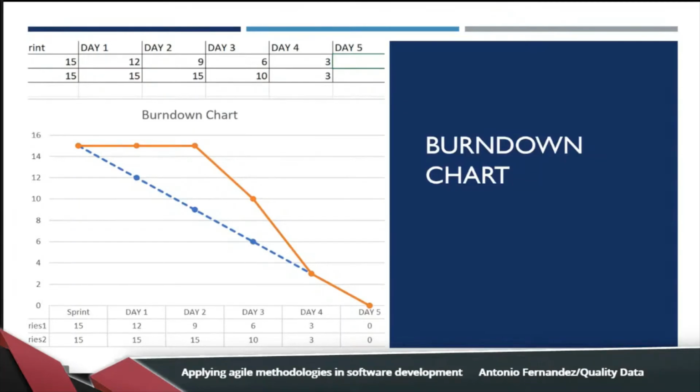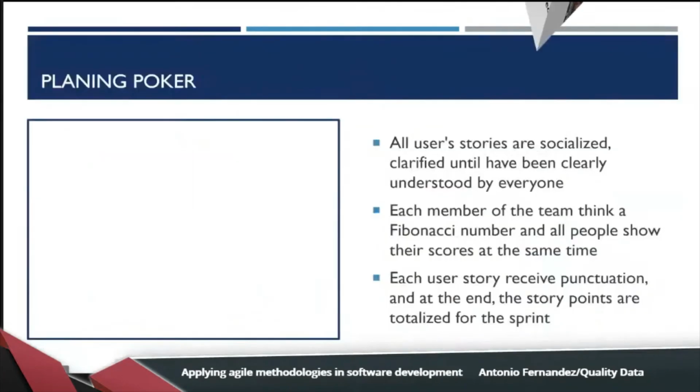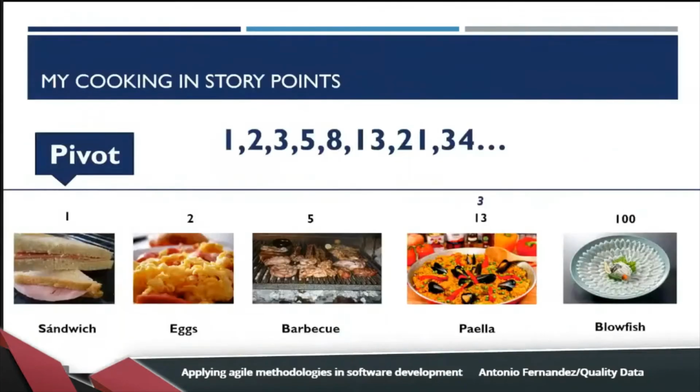Okay. The story points are a relative unit of measure. Maybe it was originally used for software development projects, but as you can see in my previous example, I used cooking to express story points. In the same sense, we can use it for every kind of project that we need. We need to understand how it works and apply it. My recommendation is to understand, socialize with your team, and just do it. And I'm sure that you will get the hang of it in a very, very short time.